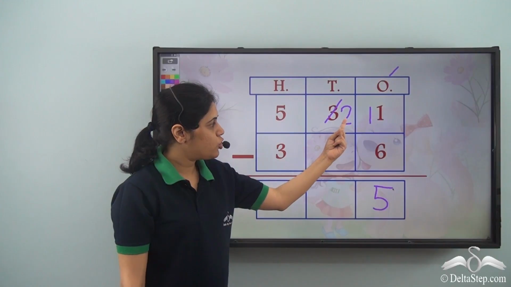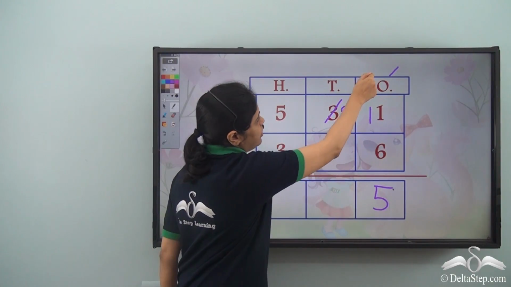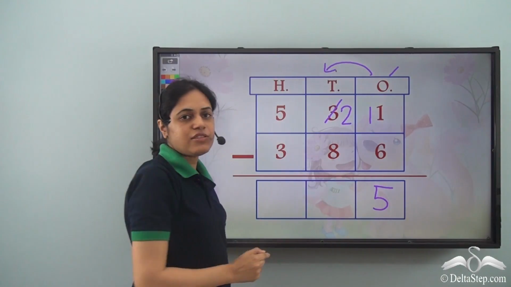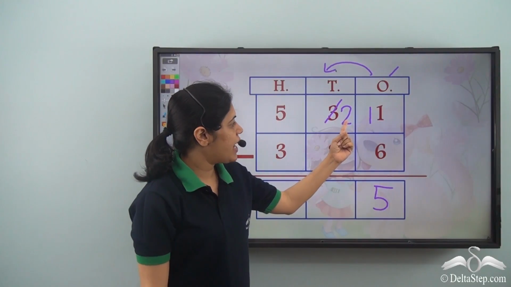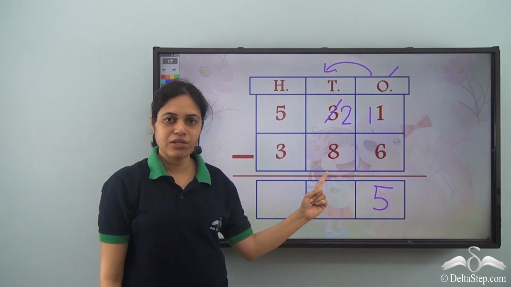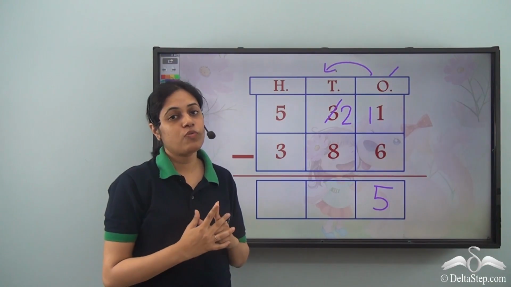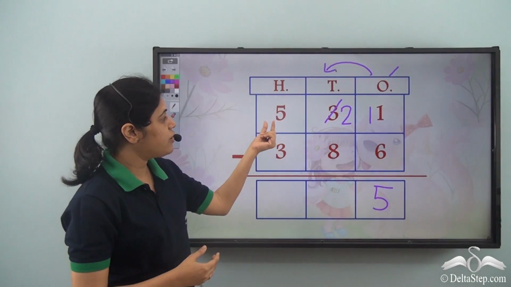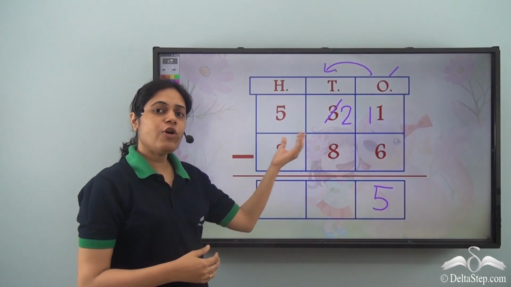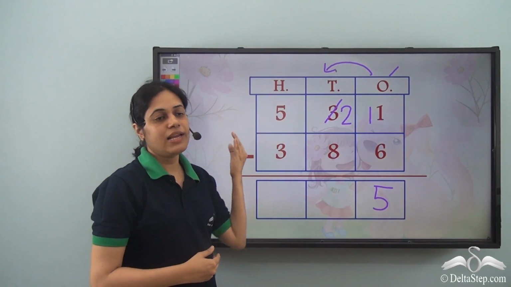Now I have 2 minus 8 in the tens room. So after ones, I move to the tens room. I keep on moving to the left. In the tens room, I have 2 minus 8. What is 2 minus 8? I cannot find out. So what will this 2 do now? Well, once again, it will borrow from left. So we always borrow from left. These numbers always borrow from left.